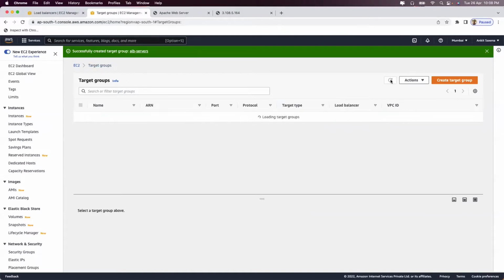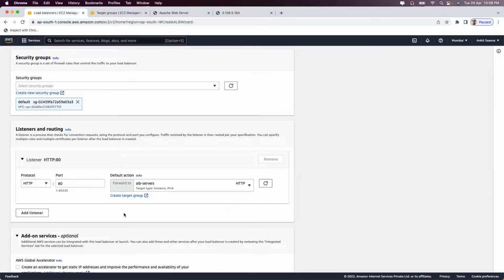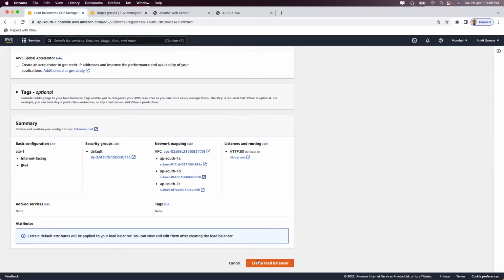Once it is done, you see a warning over here, none associated. And the reason for that is you have just created a target group. A target group at the end of the day is nothing but a collection of multiple machines. So this target group over here, we'll go ahead and attach it to our load balancer. I don't see anything. The reason is refresh, and you should see your web servers coming up, and click on